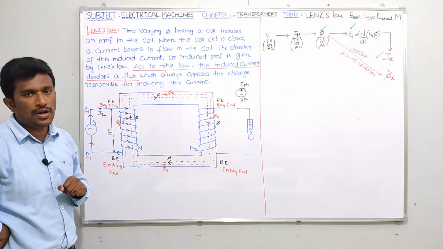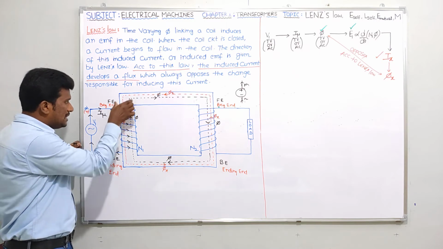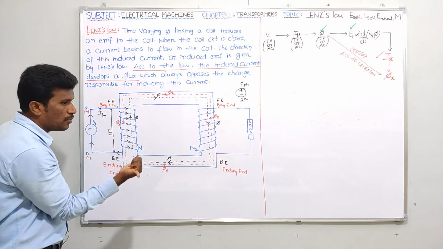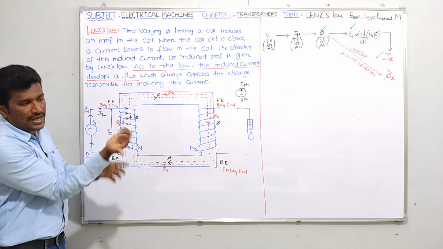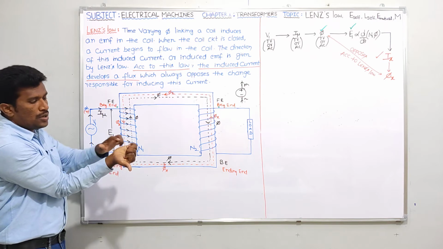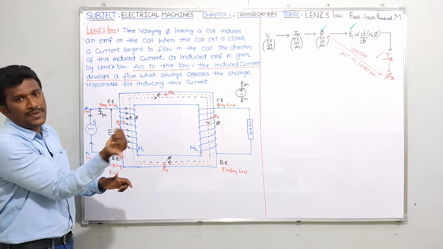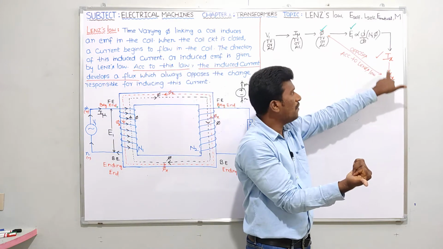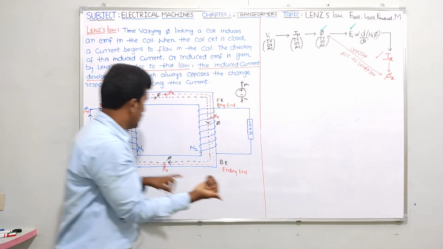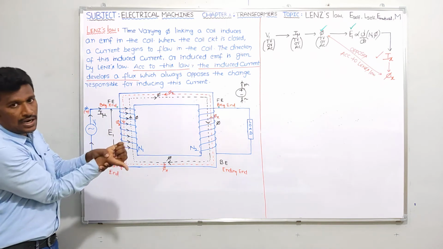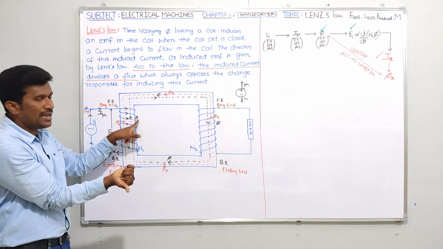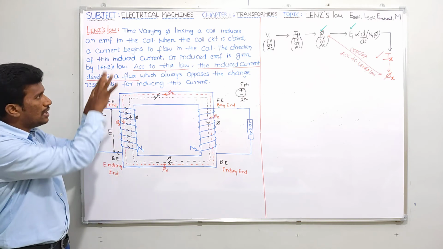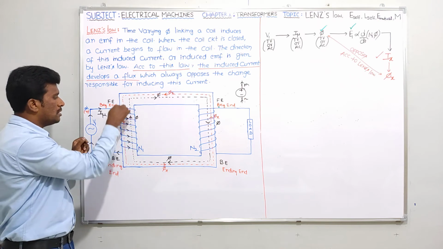That is very important. Now tell me guys, in this section, in this portion, if phi x is downwards, in the right hand thumb rule, in what direction might your Ix have flowed? Because only after getting Ix will you get phi x, yes or no? So if I say phi x is downwards here, according to Lenz law, it should oppose your phi. Whenever phi is like this, phi x should be downwards. That I directly wrote, simply because according to Lenz's statement, if phi is upwards, phi x should be downwards.